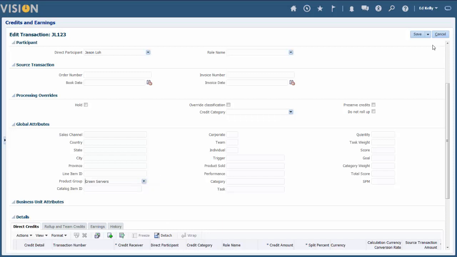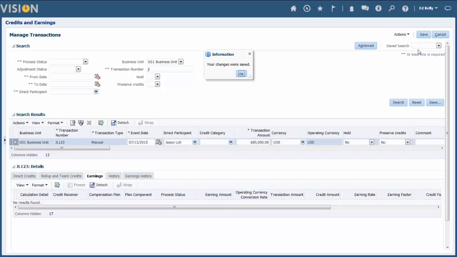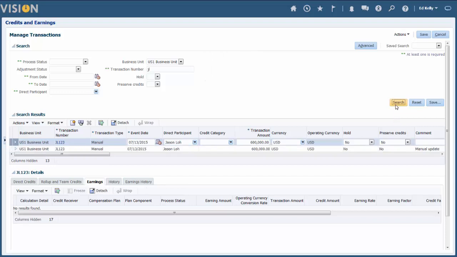Now I say it looks good, and so I click Save and Close. Now this is actually an opportunity to see something that you would not have seen if green servers had been added to the transaction from the get-go. If I requery for JL, I'll now see that there are 2 transactions listed for JL. I'll see that there's a record on the bottom that's frozen and cannot be updated. And then I'll see that there's a record on the top that does have the inline editing and I can